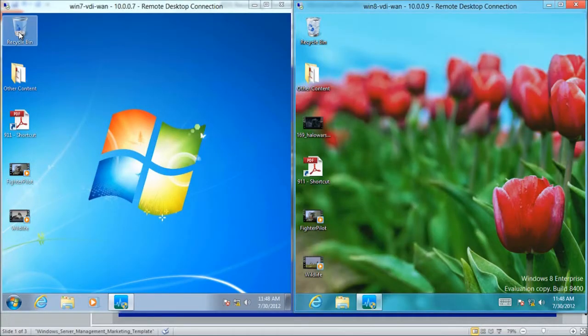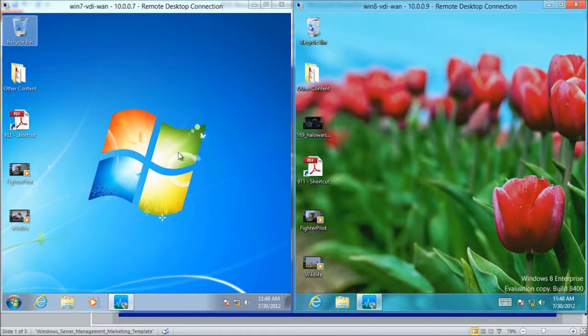that we have added over the RDP protocol with RemoteFX. What I have here is my Windows 8 client connected to two different VMs. The one on the left is a Windows 7 VM. The one on the right is a Windows 8 VM. Both VMs are running on a WAN simulator with packet loss.